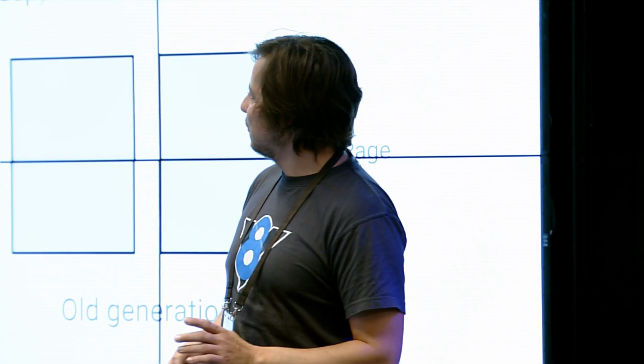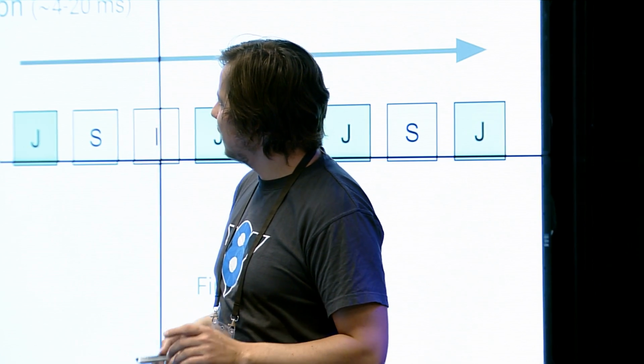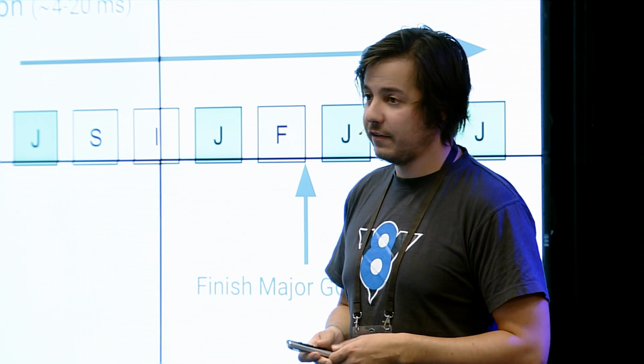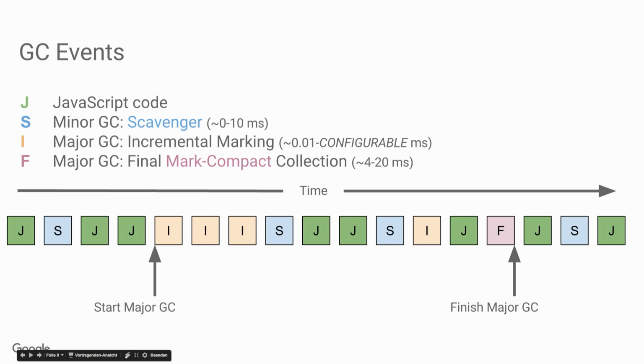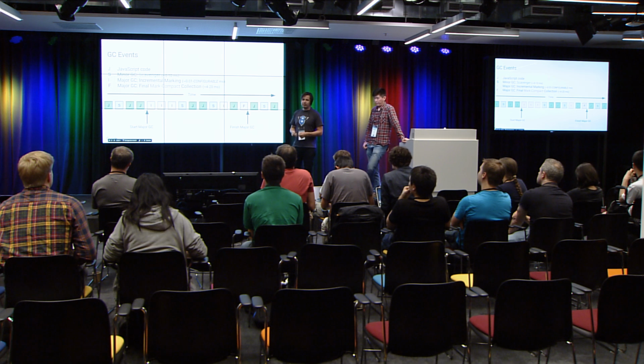How you would observe those events like scavenger and mark compact on a trace in the Chrome tracing infrastructure. If you serialize a trace, it could look like the following. You have some JavaScript running, scavenger kicks in. It's called minor GC in the tracing infrastructure. JavaScript runs again. Then at some point, we might decide through heuristics, well, we need to do a full garbage